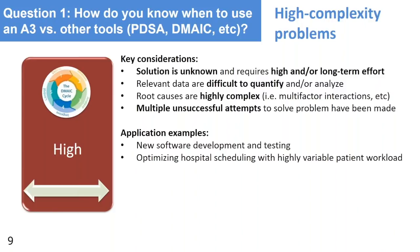So that could be something that's a little bit more complex than what an A3 might be able to handle. All right, we've got to select some new power control equipment for our facility. I had a problem like this when we were looking at different digital equipment to purchase for a location, and we had to evaluate 5 or 6 different machines. And we used a selection matrix process, and it would be very difficult to show that with an A3. We certainly could have distilled down the highlights, but it really wasn't the best type of method to use for